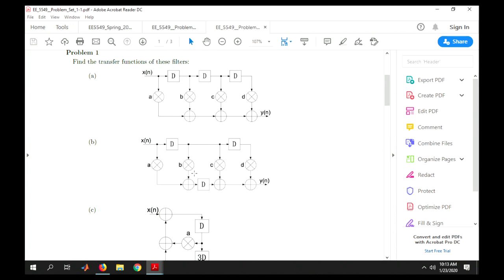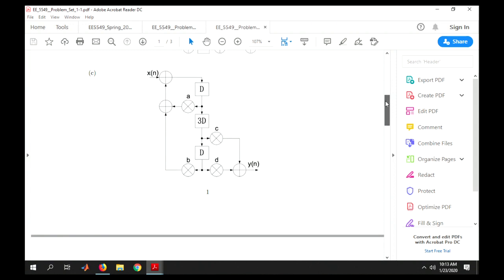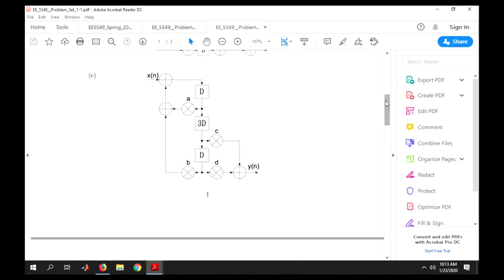So in a different form, some of the delays are on the top, some are on the bottom, but it's still an FIR. There is no feedback. And then the last one has a 5th order IIR filter. So you can quickly see that this looks like an IIR, but the number of states is 5, because there are 5 delay elements here, and then there are 2 feed forward taps here.